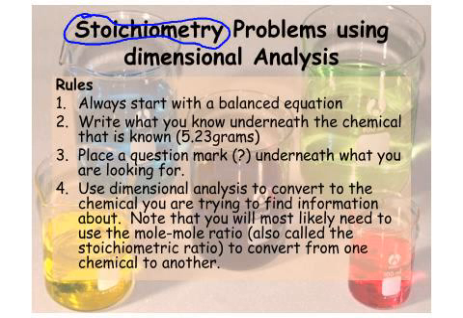Alright, now we're also going to use dimensional analysis to solve it. That's the format we're going to have you do. That's the whole railroad tracks thing. You guys did it all year last year. We just think it's a great way to solve a problem. All right, so Mr. Bergman, talk us through how we do stoichiometry problems. Well, you guys have the rules sitting in front of you, so I don't know that you need to spend too much time going over this, but you're going to start with the balanced equation, write underneath what you know, place a question mark where you don't know, and then use dimensional analysis.